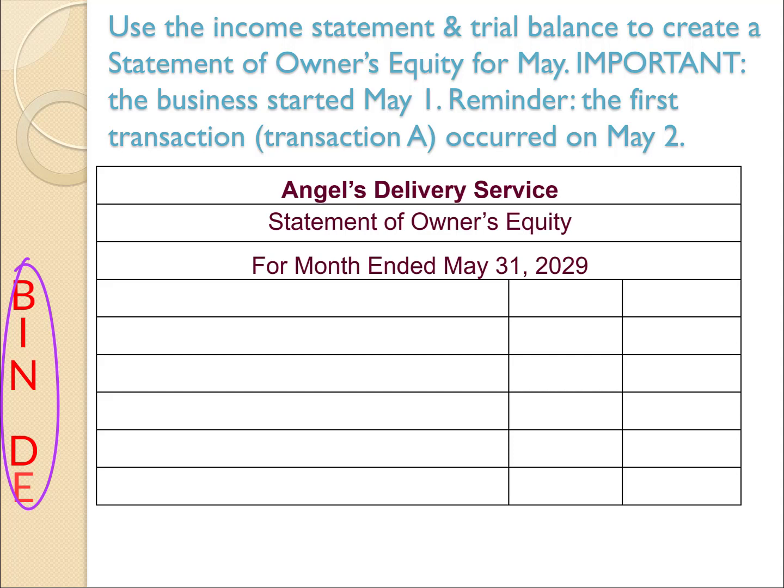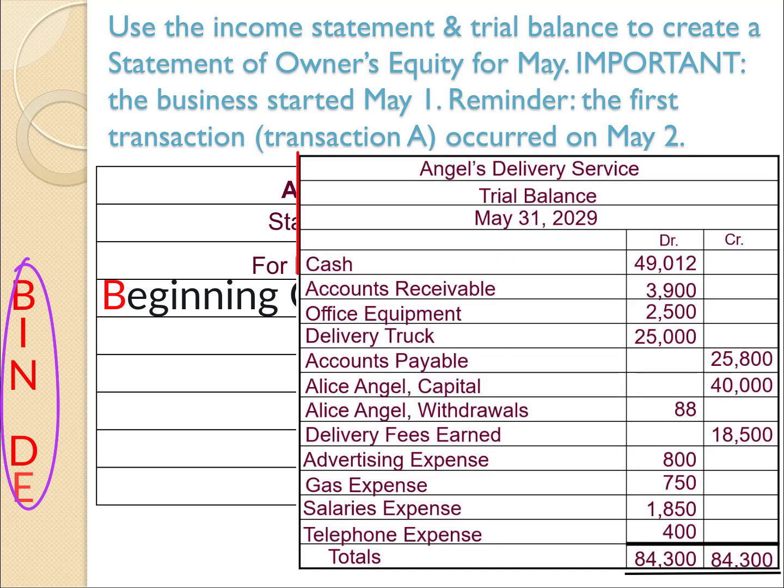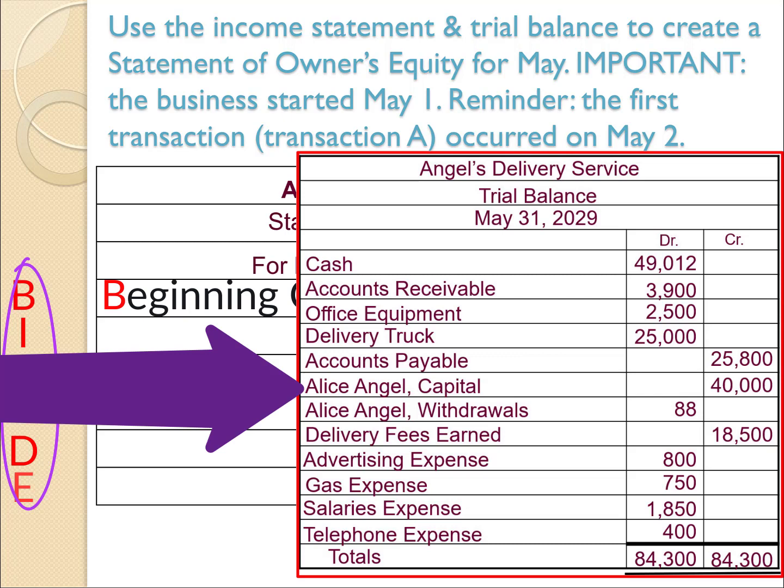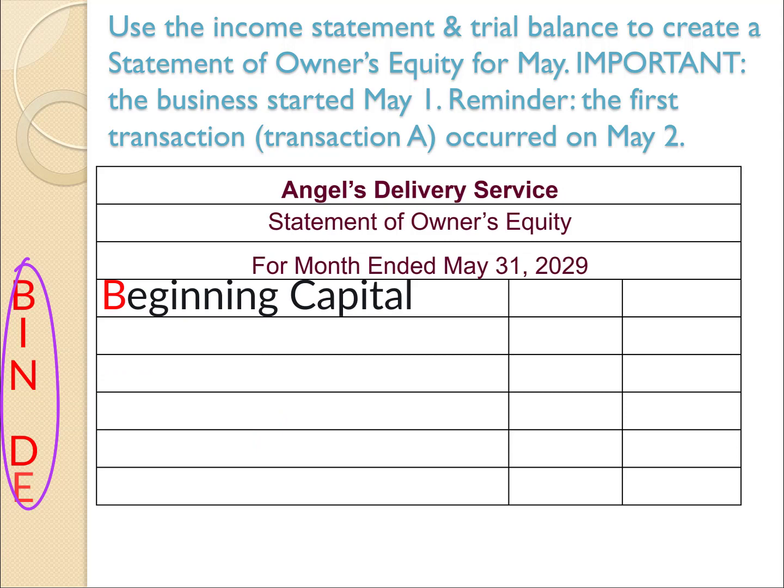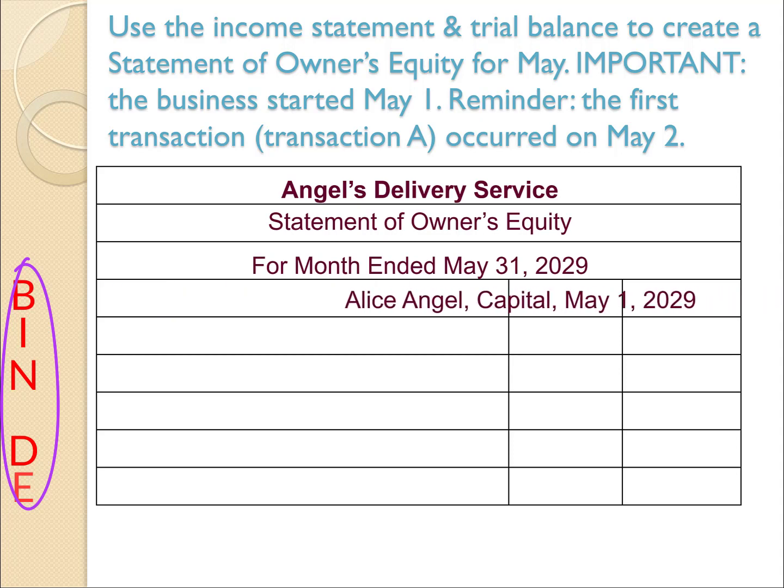2029. And again, remember the formula is BINDE. The B stands for beginning capital. So we have to go find the name of the capital account. And if we look at our trial balance, the name of the capital account is Alice Angel, capital. And then how do we say it's the beginning? The beginning of what? It's the beginning of this time period. And the time period is May. So what's the beginning of May? May 1st, 2029. So your label should be Alice Angel, capital, May 1st,